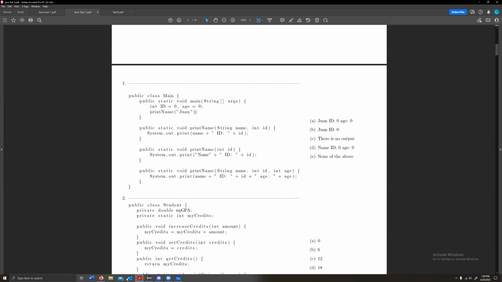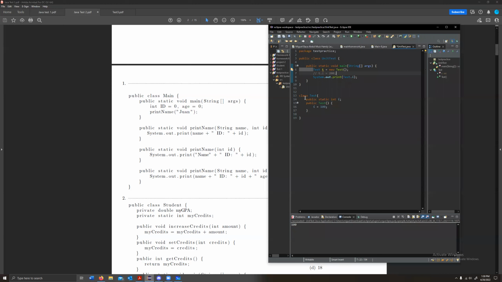I'm not gonna type out the whole thing, but I'm gonna experiment a little bit with this. I'm gonna say int ID equals 0, age equals 0,